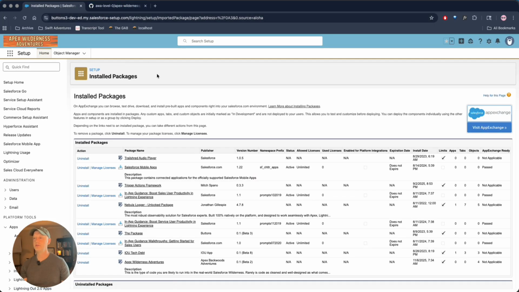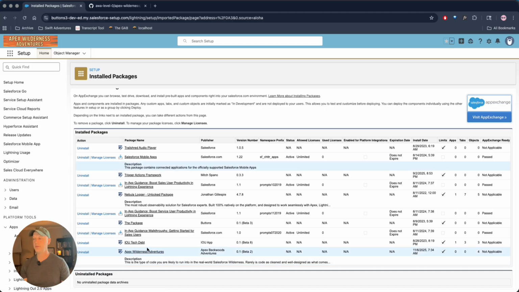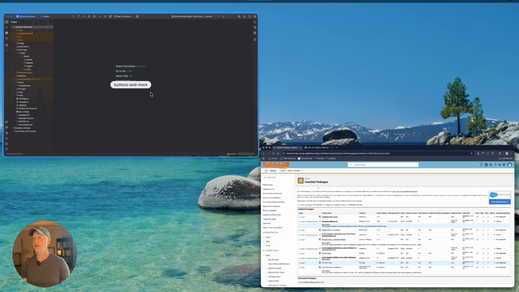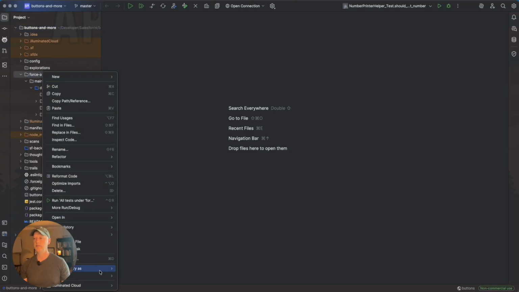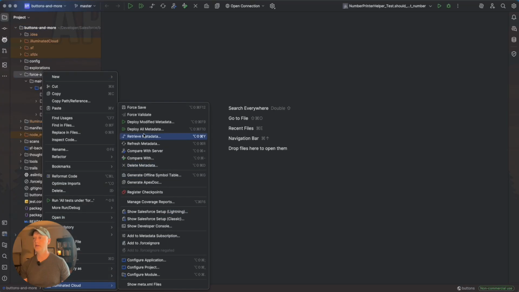So now what we're going to do is verify that our package has been installed, and then we're going to pull that down into our IDE. So I've already made a connection. I like to use WebStorm with the Illuminated Cloud plugin, but I think most developers out there are using VS Code, and that's fine. You can use VS Code. I think you probably know how to use it already. So what you'll do is, after it's installed, we need to pull down those classes. So we'll retrieve our metadata,